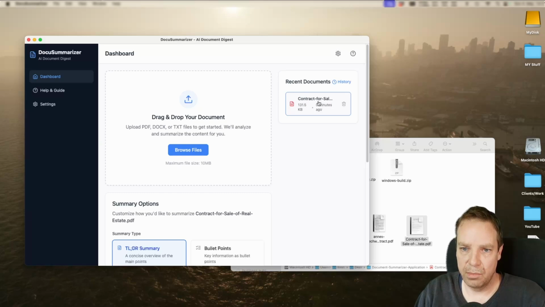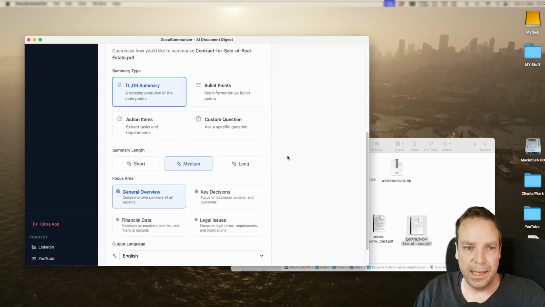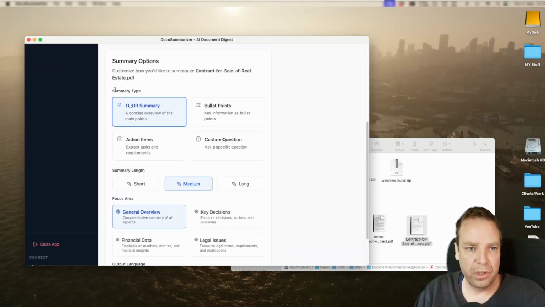If you want to, you can delete this. You can upload multiple documents. And then you can choose your summary options here: bullet points, action items, or custom question. Let's, for example, choose bullet points,